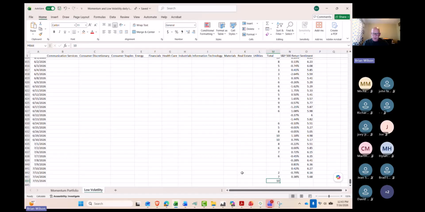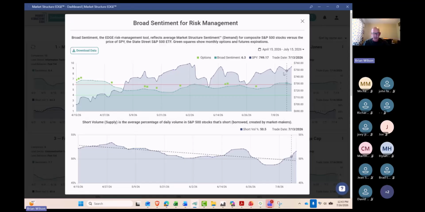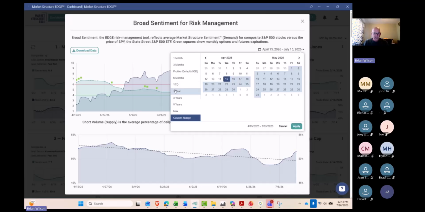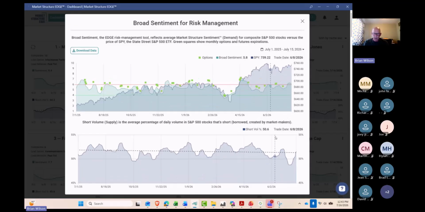Let's talk about short volume for a moment. Most of you are very familiar with that. It's the other side of the coin in terms of broad market sentiment. Sentiment is up here on top, short volume is down below. What we've tracked, and we'll start with a 1-year look and then shift to a 3-year look, you can see that this was really a pretty significant move lower. It's the lowest that we've had during the last year.